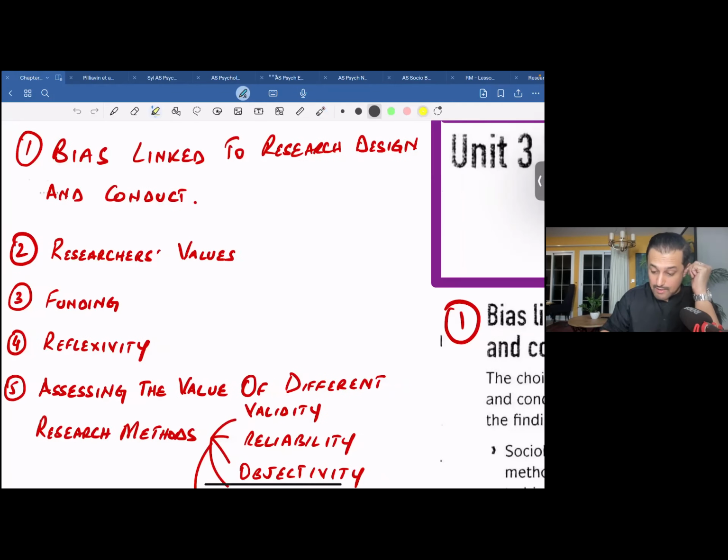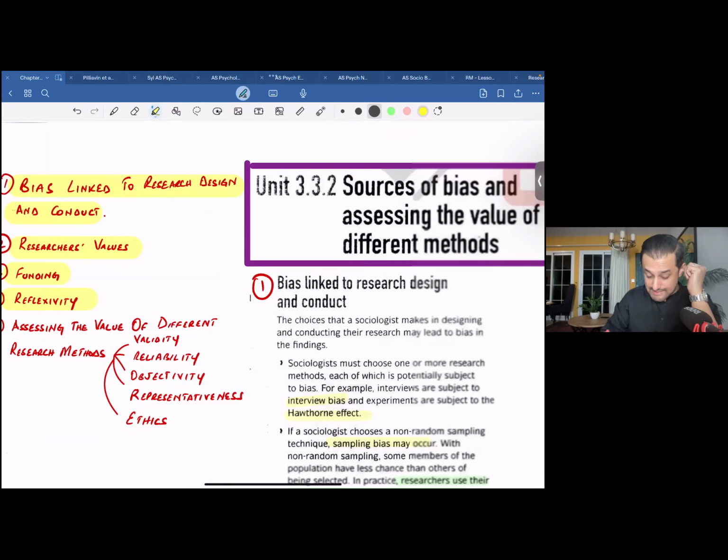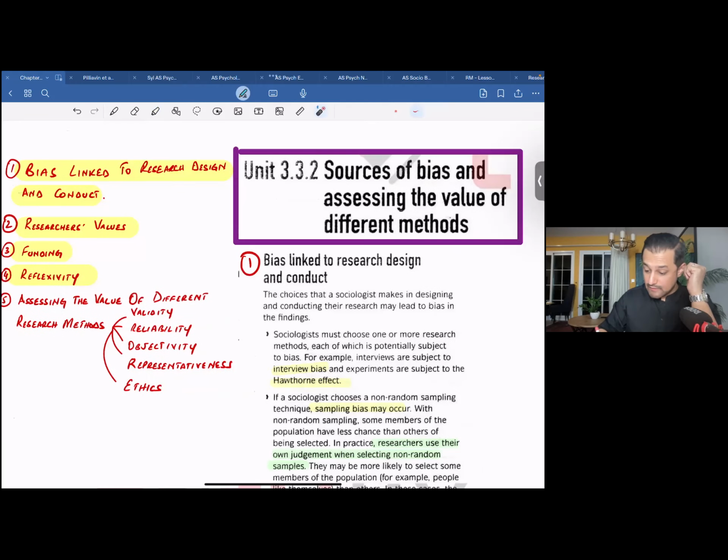Number one, we'd speak about bias linked to research, design, and conduct. Number two, we talk about the researcher's values. Number three, we talk about funding being an element that affects a particular sociological research. Number four, we speak about reflexivity. That being the first part, we'd quickly move on towards the second part where we discuss the different elements through